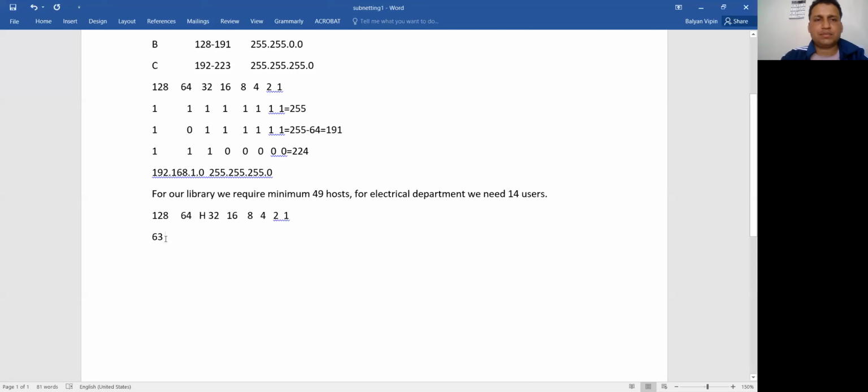Now we know that we can provide 63 hosts with the particular IP address we can provide to them. Remember always, whatever the number of IP addresses we have, in this network we have 64 IP addresses. One, that is 0, is already used for your network. And then we have 63 remaining, out of which the last IP address is